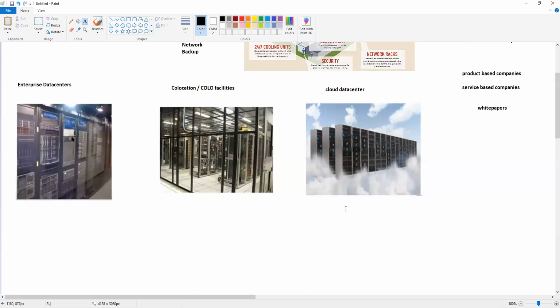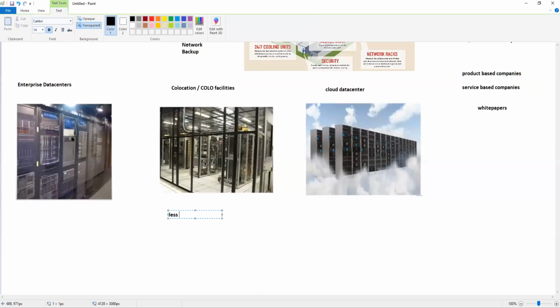Because less responsibility equals less flexibility, right? That's the formula we put here.